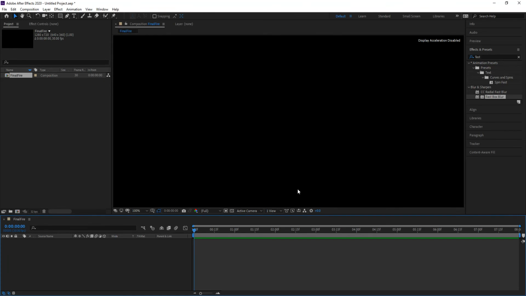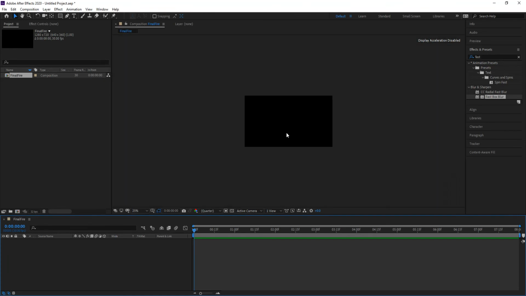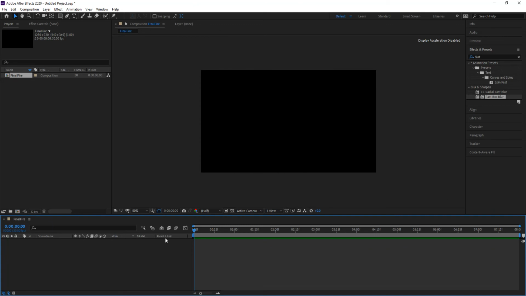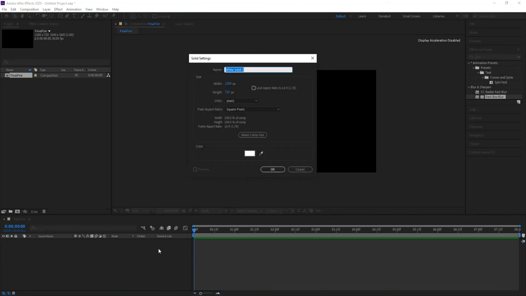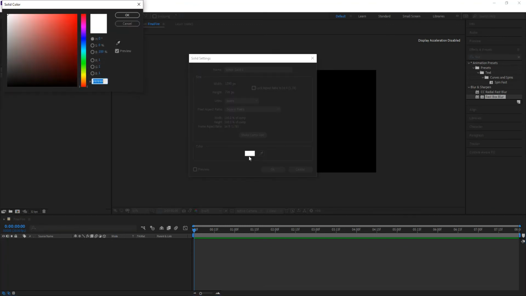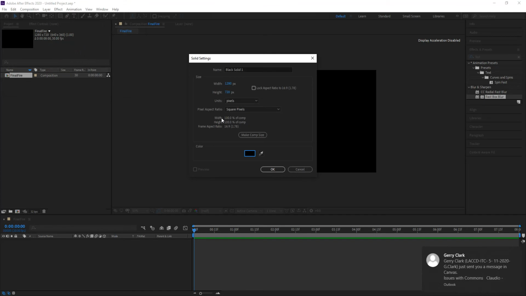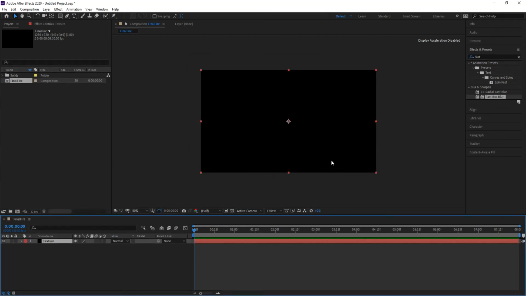And let's get going. So with this new composition, what I'm going to do is add into it a solid. This solid will be black. It really doesn't matter what color it is actually, because this is going to be covered by a fractal noise effect. So I'll just go ahead and click OK on this. And I will call this solid texture. That is the texture where I'm going to be putting the texture of the actual fire. So I'll click OK. And like I said a second ago, I will be adding fractal noise to that